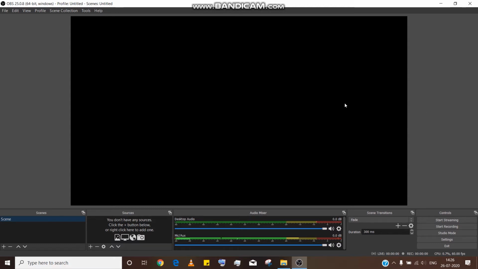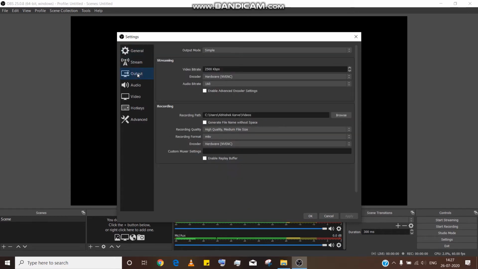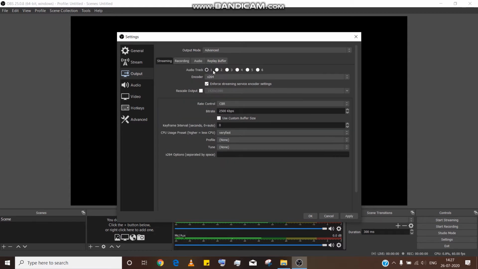Now before adding any elements or doing anything else, let me go into settings. All right, so this is the general settings. We don't need to change anything here as of now. Now go to output. In output mode, instead of simple, go to advanced.